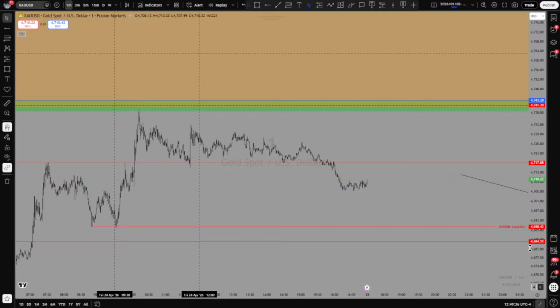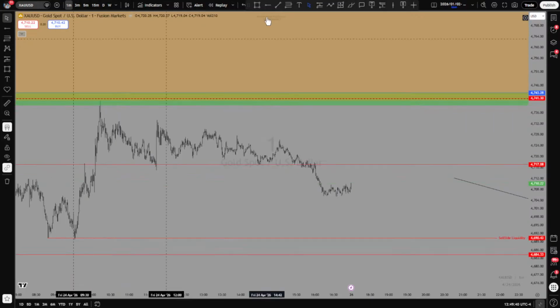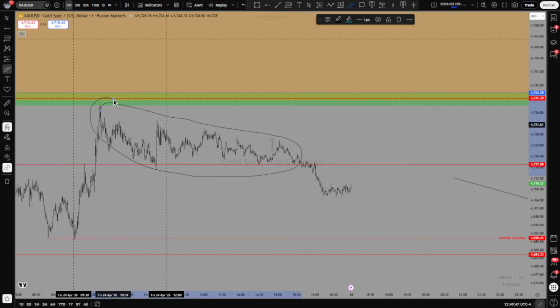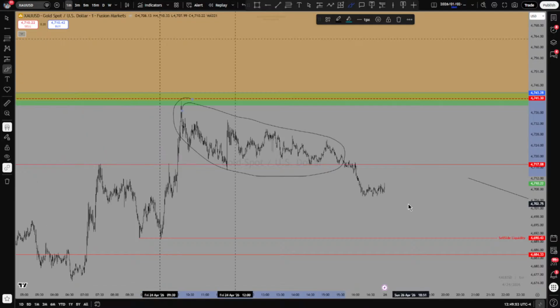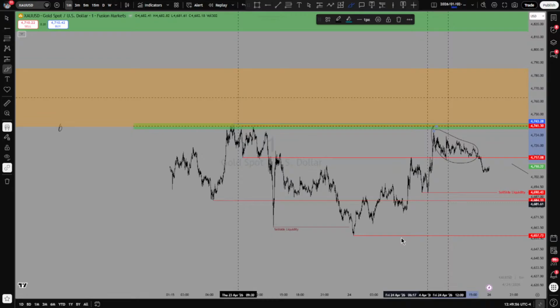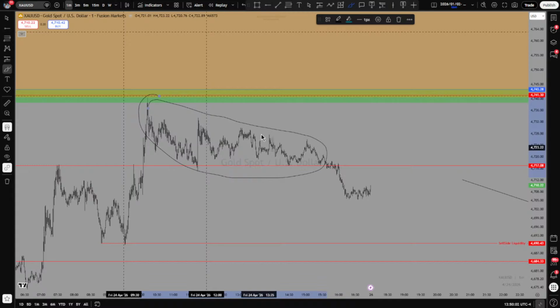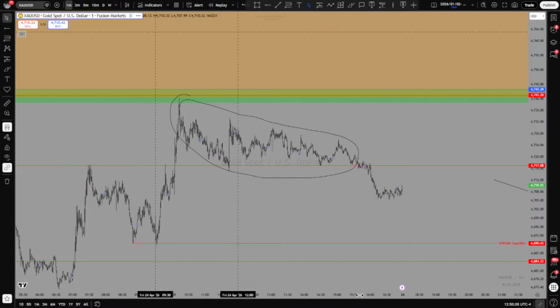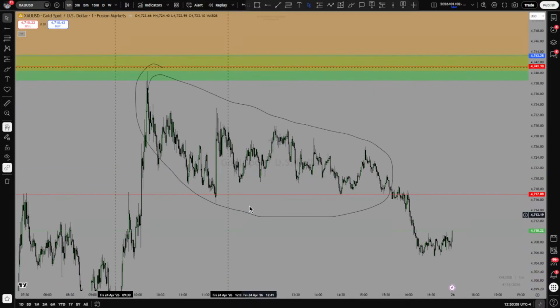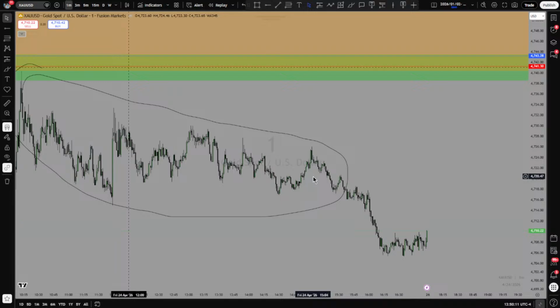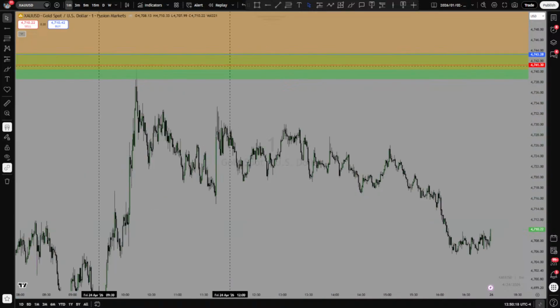What I'm looking to see is if we can crash these, because if you look at these perfectly, these are just relative equal highs, right? So you can probably say that we need to crash this before we can start anticipating a move down. On a higher time frame I'm bullish, but on a lower time frame I'm not as bullish as I am on the daily time frame, because I trade the lower time frame, 1 minute. I don't look at anything above 1 minute. I just engage in 1 minute.